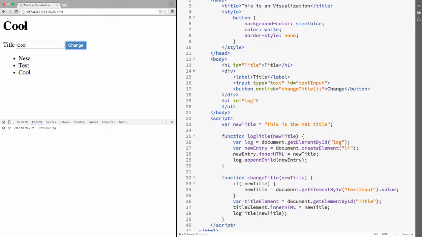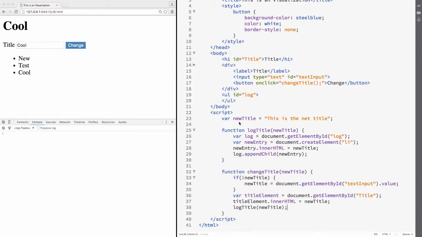So now I'm changing the title and adding the value to the list. So these are ways that you can manipulate the DOM and updating things. So one thing that you can do more complex things. For example, I want to keep track of which time this change happened. So what you can do is